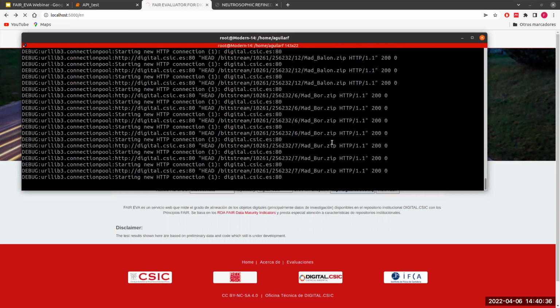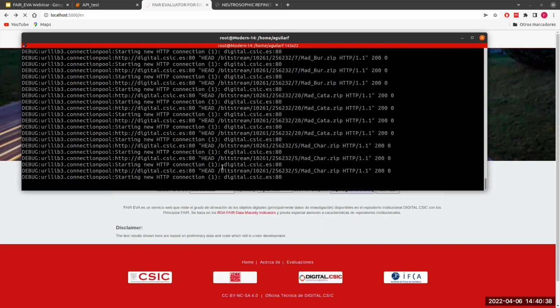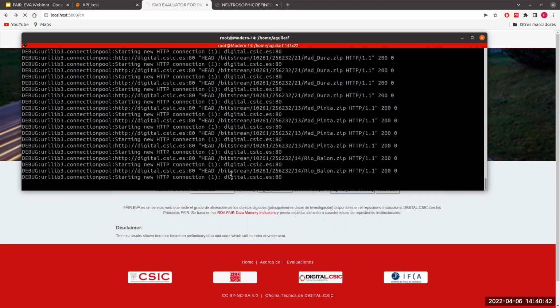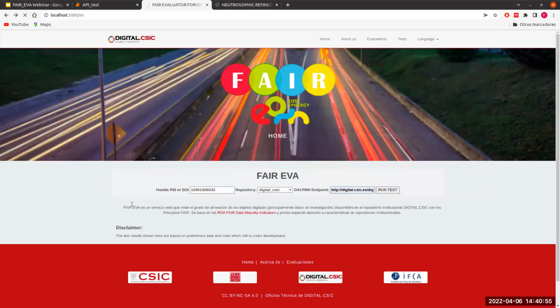It uses, for example, the API to check the data itself, the data files that are related to this identifier, and it checks everything in order to give us some information about the fairness level of this digital object. Since it depends on the API, sometimes it won't work properly, and it takes more time than expected, but let's hope that it will work.